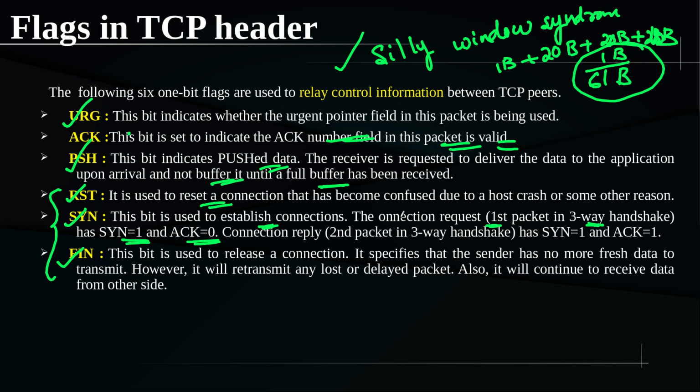Now, as soon as the other party receives the connection request, it sends back the connection reply as the second packet of the three-way handshake, and at that time SYN will be 1. Again, it indicates that it is related to the connection establishment phase, and acknowledgement is 1 because it is a reply message, right? And to this message, one more message will be sent by the sender. So that is how the connection is established. During connection establishment, the special packets will have the value SYN 1.